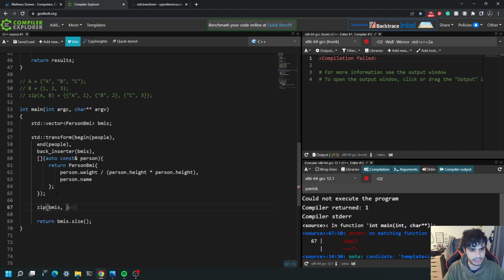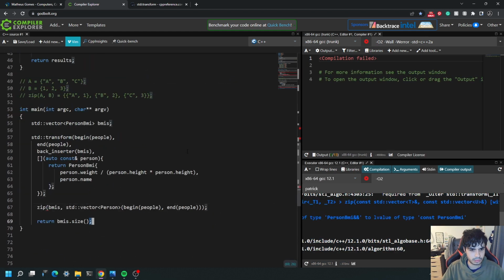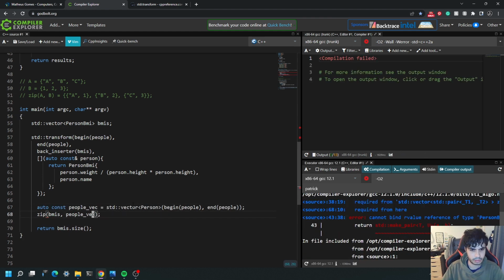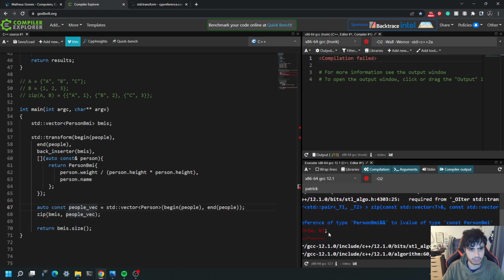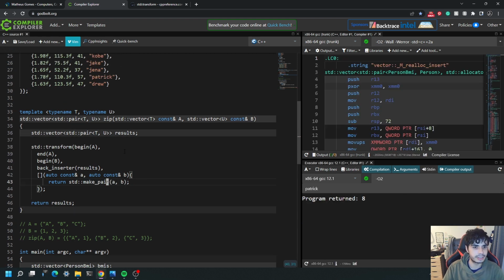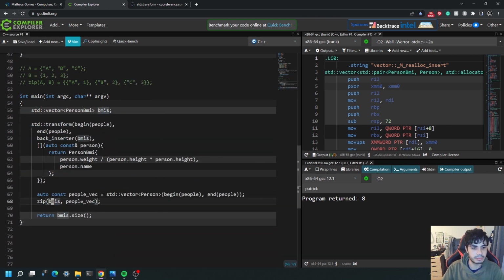Oh, people is not going to work, I guess. And there you go. After wrestling with the compiler, I figured out that there was a mistake in the template deduction, but all I had to do was remove the explicit types and it works out the right types. So this is what we can do: we can call zip with BMIs and the people vector and display those values.